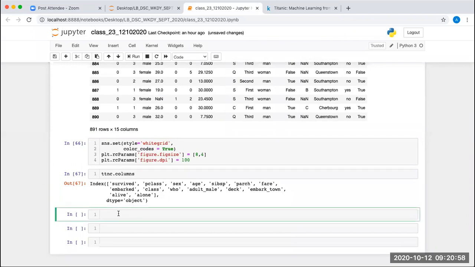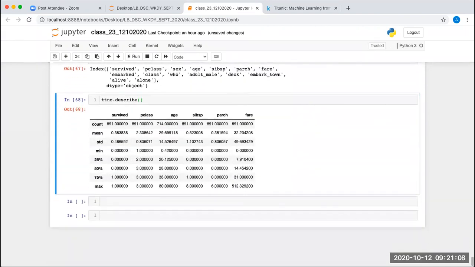Next, we are going to get one small piece of information using the describe function. It gives the mean, median, and mode values for the different numerical columns. We have survived: the total is 891 and the mean is 0.38, meaning 38% of people survived. Passenger class is 2.3, that is the average value, meaning most of the people were from second class. The average age was 29. For sibling-spouse and the others, we get the standard deviation, minimum value, maximum value, and different percentiles here.